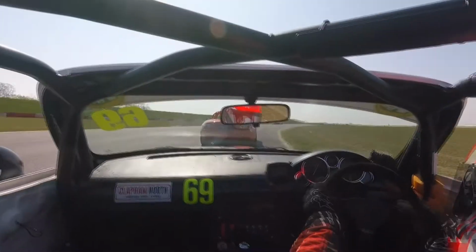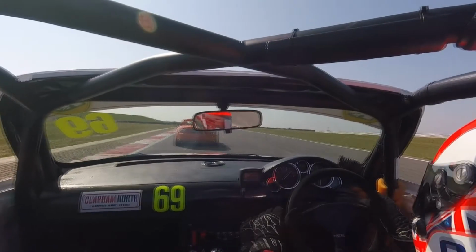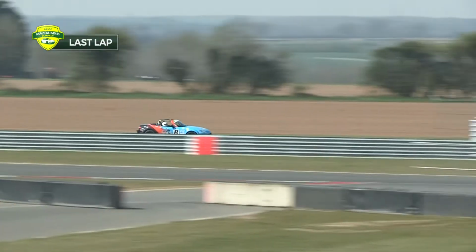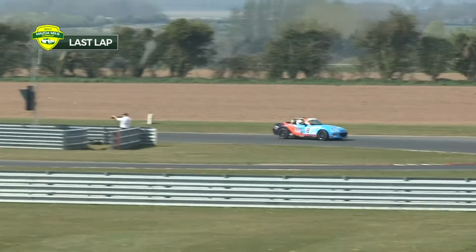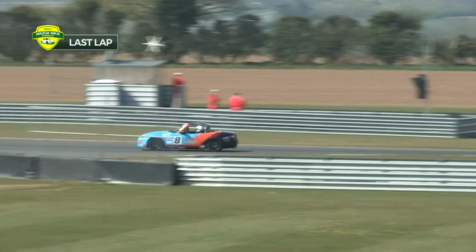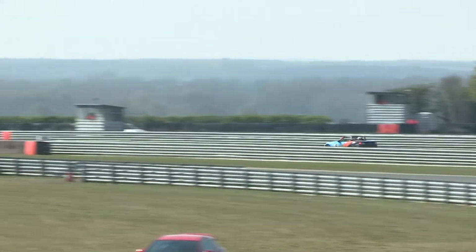Next, over the curb to Coram once again, and George Grant clambering all over the back of Nick Rutter. The leaders, though, are onto the final lap already, and I think that this battling for second place might have just handed the victory to Aidan Hills, but it's a long old lap here. An awful lot can happen in 2.25 minutes, so I'm not counting any chickens just yet,